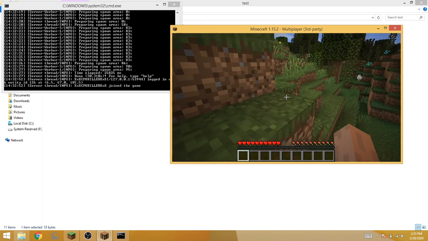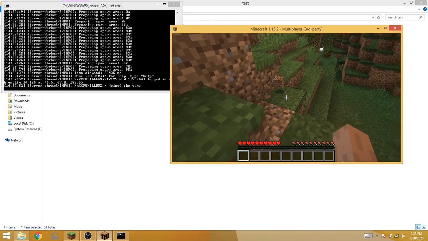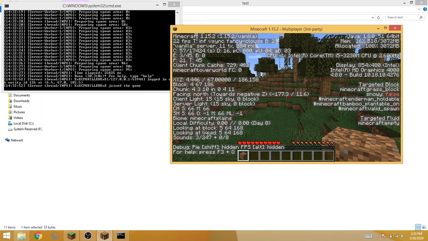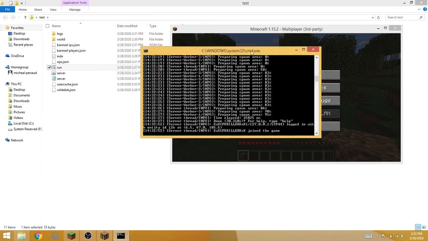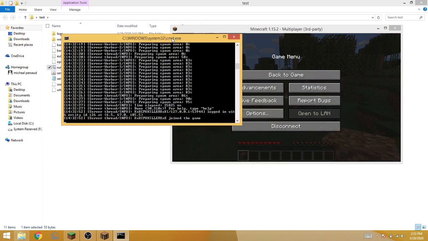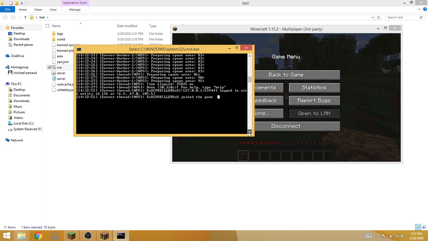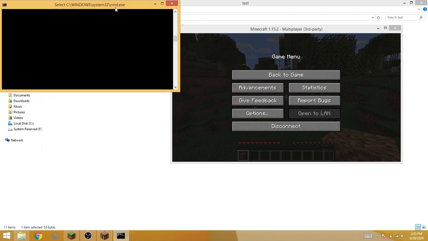As you can see, we're in the world. Sorry if it is lagging a bit, but it's because I am recording. Now see, we try to break a block, we can. And check our FPS, 22, not too bad. Now if we check in our console or Windows batch file that we run, it will show your username and the username of the person that joined and says joined the game. And then if you want to give the person